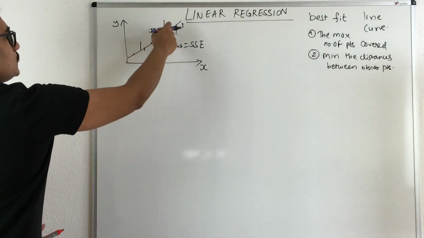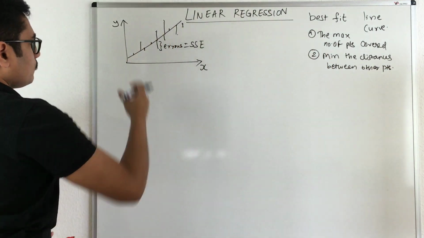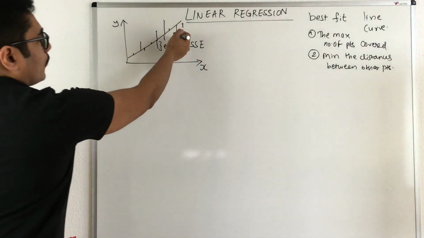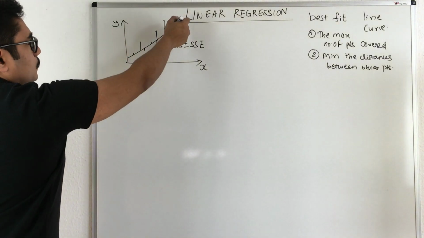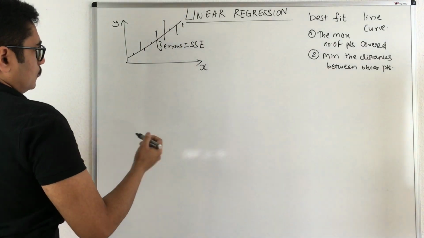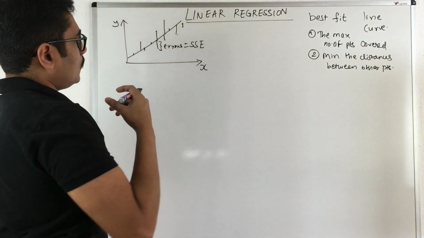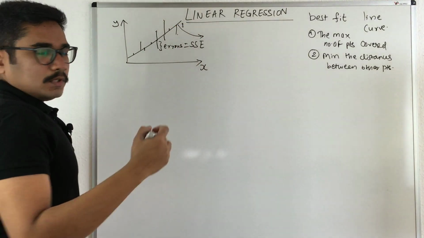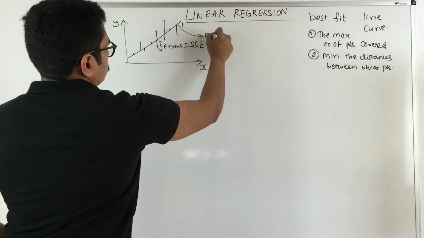So these original points were from my data set, and now I tried to fit a line, but my line says that your point should not be here. Instead, it should be here, so that it best fits all of this. So there is some kind of error in your prediction. This line which you model is called your prediction.